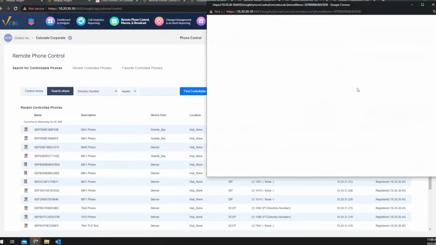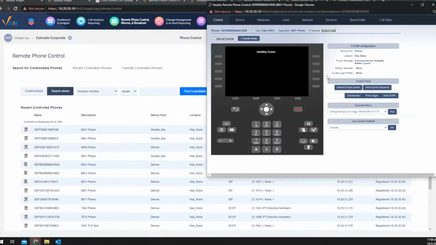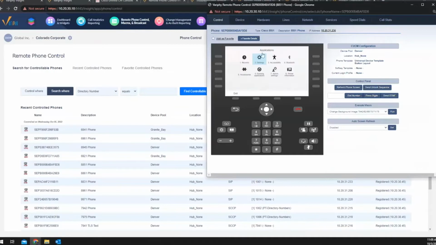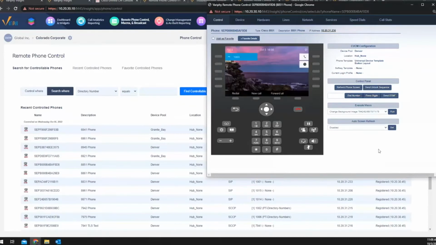So this pulls information on the phones from 2 places. One, yeah, there we go. Somebody left it on the settings menu, I see. So we'll go back out to the main screen here. Some information it pulls directly from the phone, like the screenshot, for example. Some information it pulls directly from Call Manager. So we get a mix of the two in these tabs up here. So yeah, that's a much nicer looking screen.